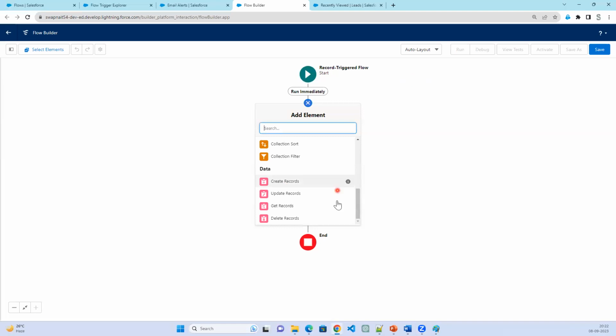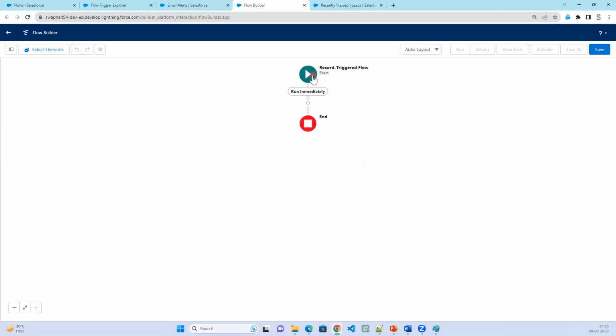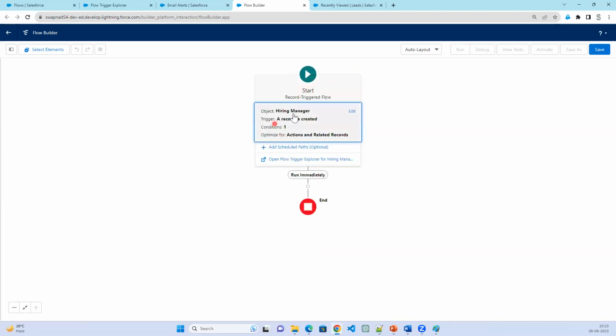Get records, ma'am. Get records, so that we can get the new records. Which record will you get? The one, whatever the hiring manager record is there, that is the one. Yeah. So here, the record triggered flow, we have already specified here. So what happens is, as soon as the record is created, now I have a UI here, right? In the UI,